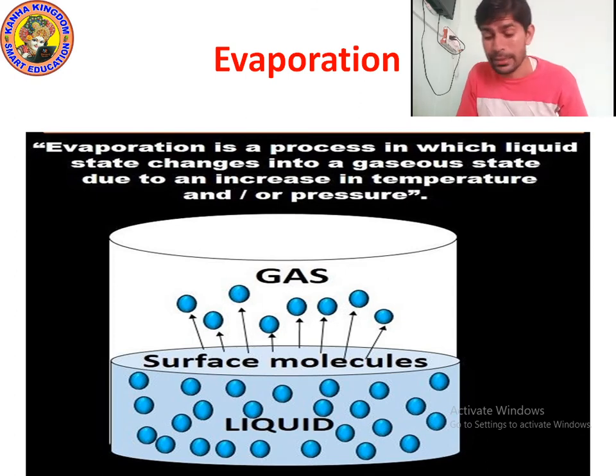So remember kids, boiling and evaporation are both different processes. In the boiling process, liquid converts into gas, and in the evaporation process, liquid also converts into gas. But in boiling, you need to give heat. But in evaporation, you no need to give heat. It automatically starts heating up due to the sunlight. Okay, I hope you understood.